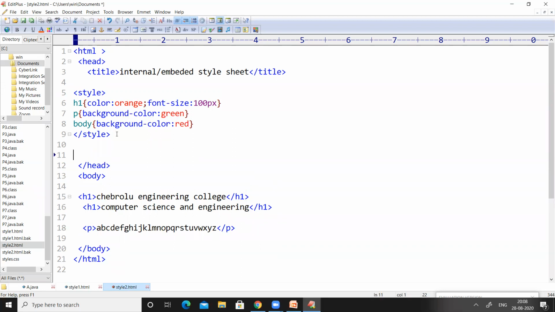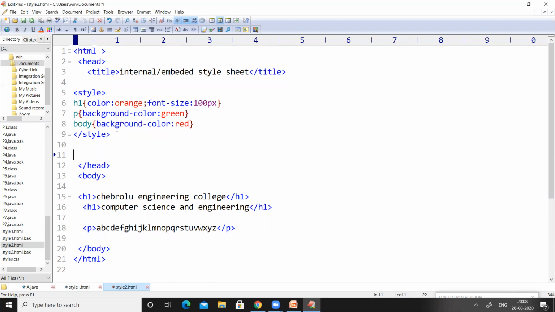Head section and body section. The head section contains some extra information regarding the HTML document, whereas the body section is the actual thing we want to display on the web page.